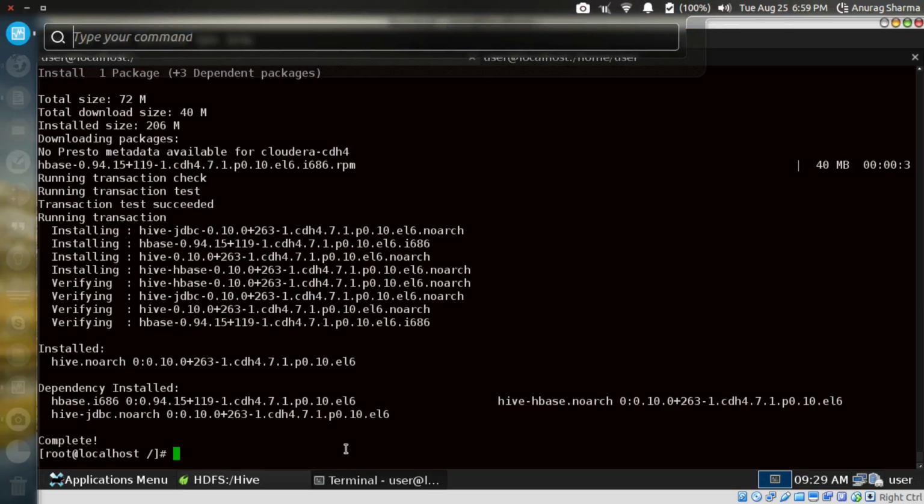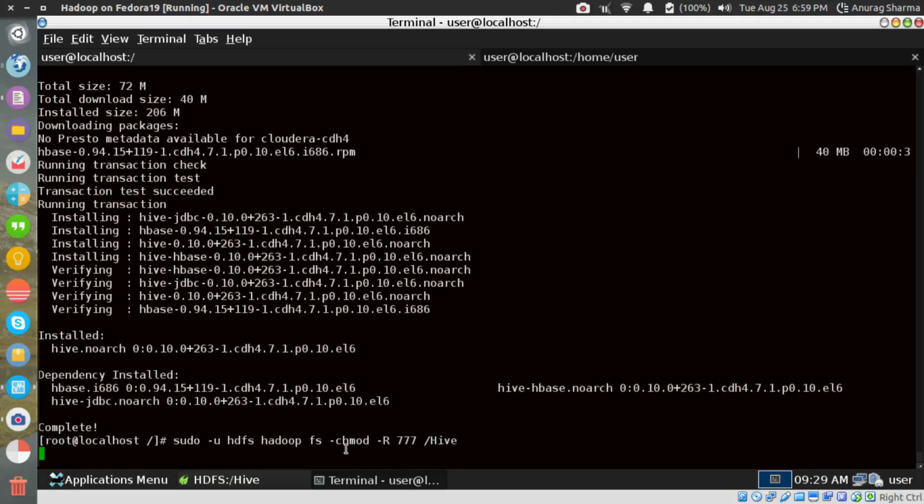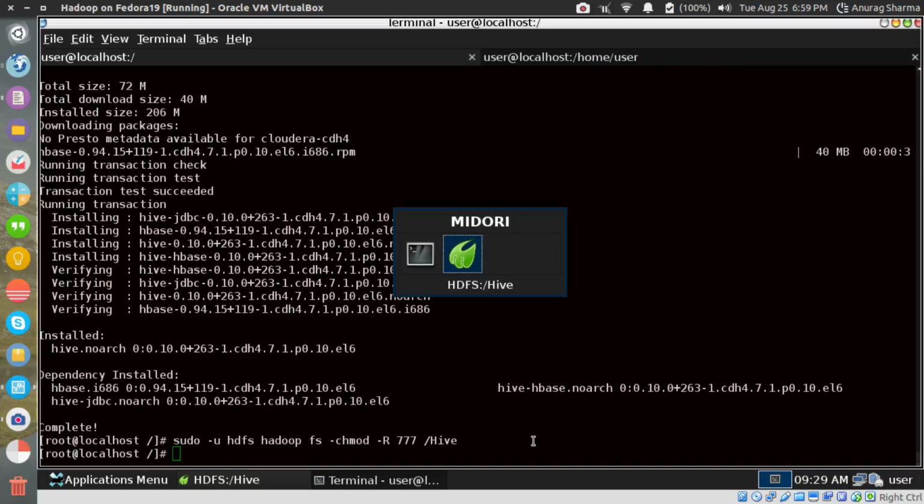Hold on. sudo -u hdfs hadoop fs -chmod -R 777 /hive. So I'm giving it full permissions.